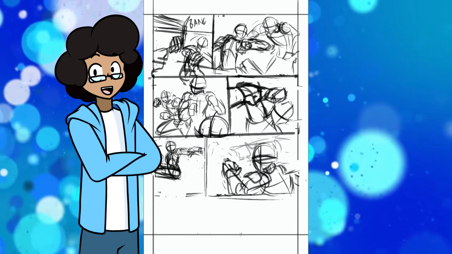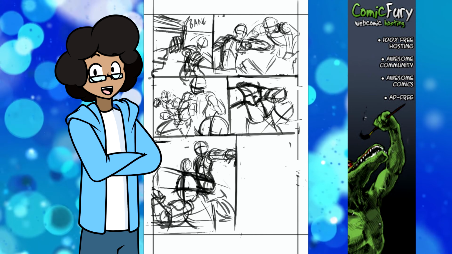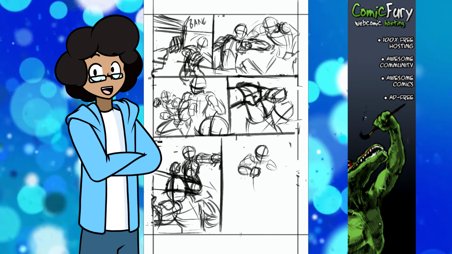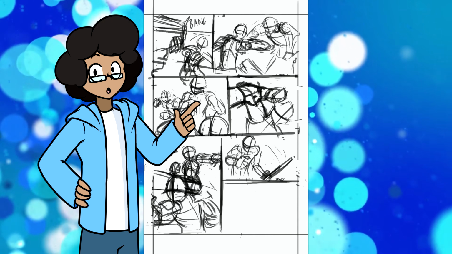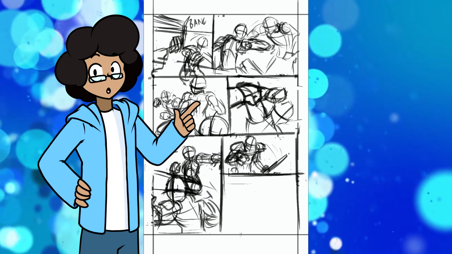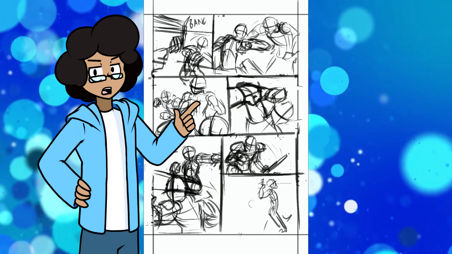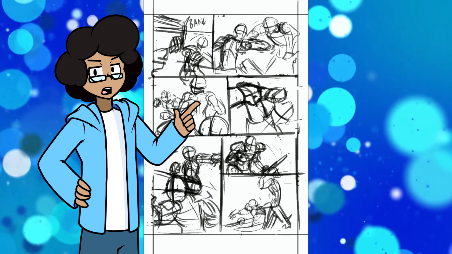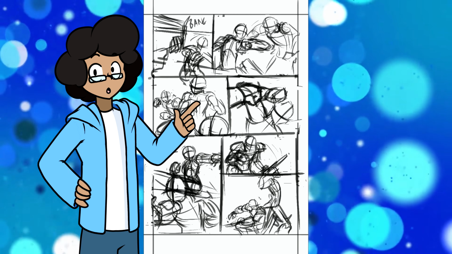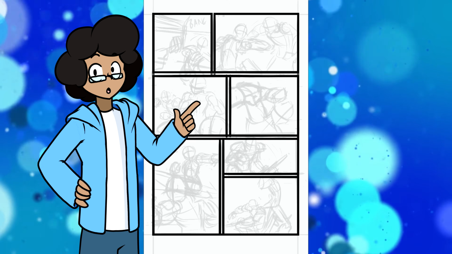Personally, I use a website called Comic Fury, which basically allows you to create and customize your own website for your comic for free. If you plan on printing your comic, there's a lot of ways to do it. You can print at home, but the quality may not be as good and it'll definitely be more expensive in the longer run. There are also plenty of online print-on-demand sites like Lulu or even Amazon, but my advice would